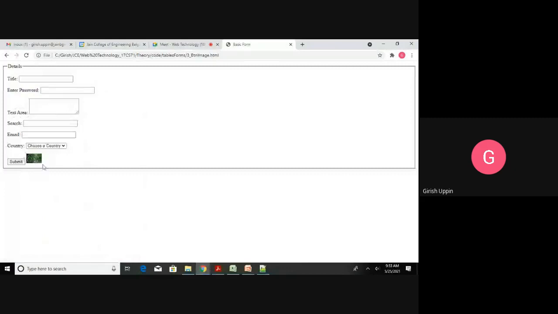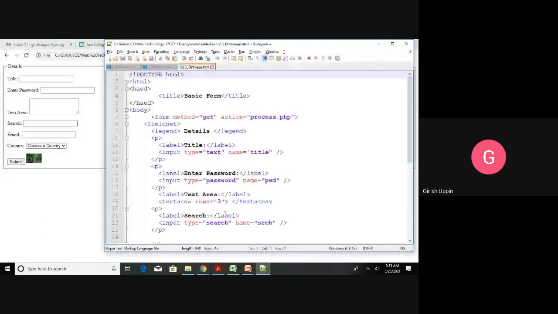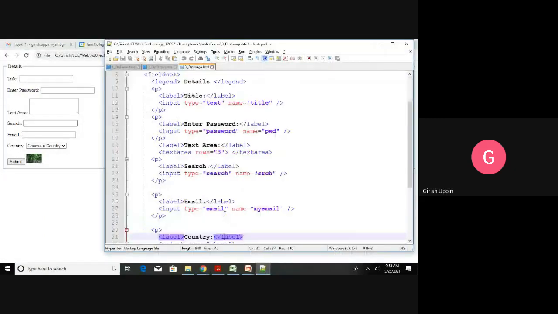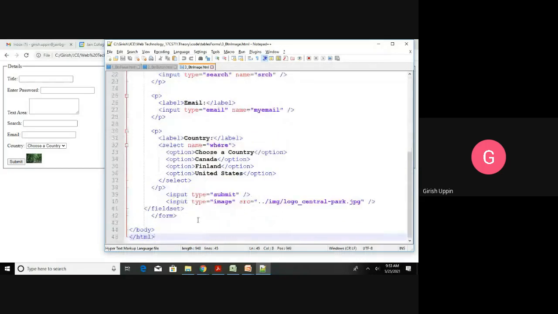Image, this is the source code for that. After the submit button, you can see input type is equal to image, and src is dot dot forward slash image forward slash logo under central hyphen park dot jpg. This is the location of my file.